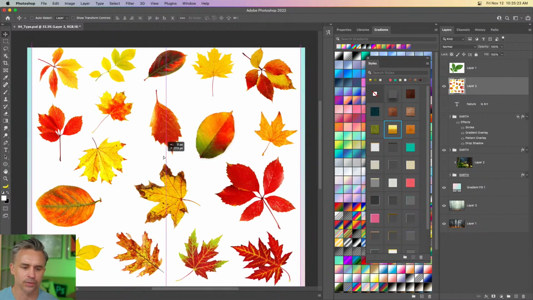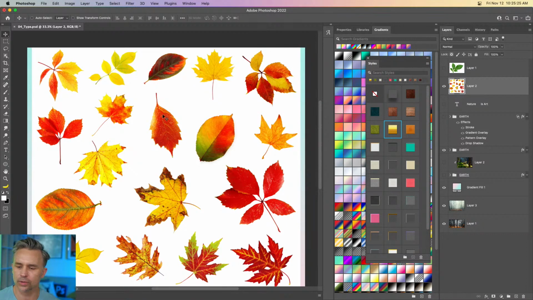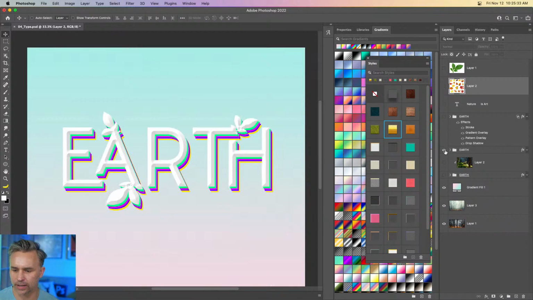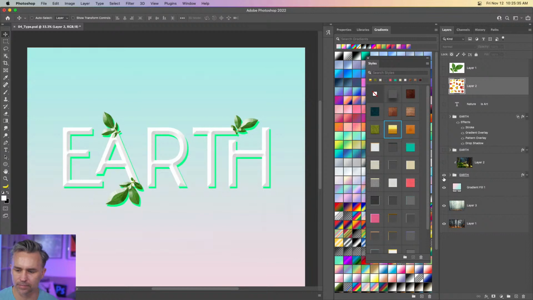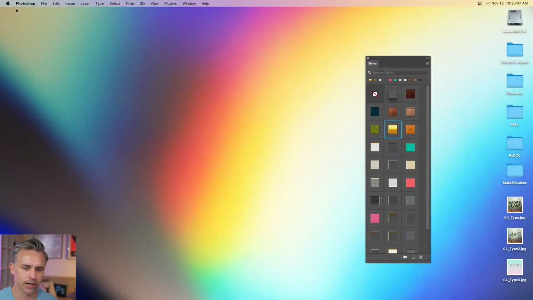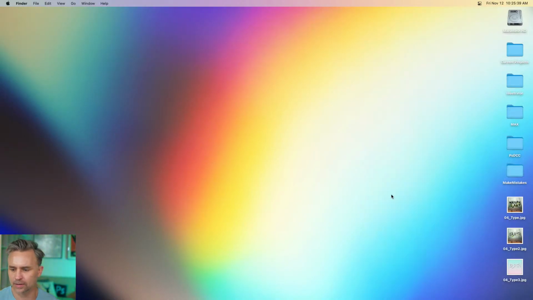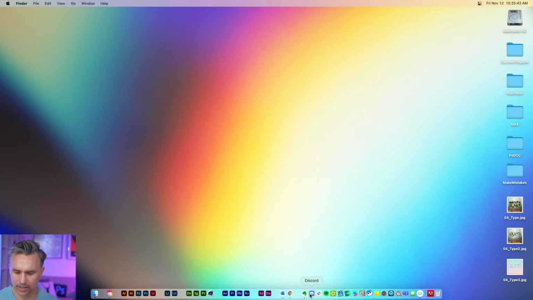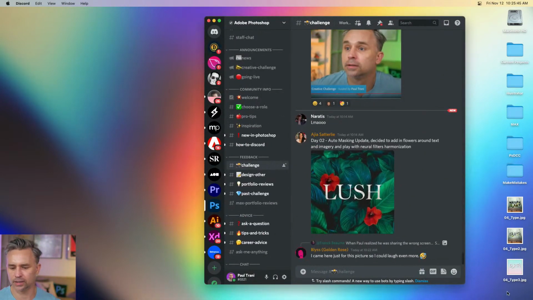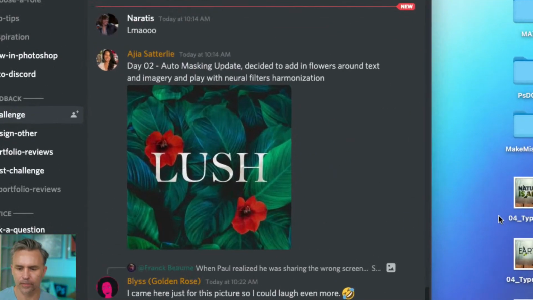And be mindful, I also gave you this layer. So you could do the same thing I did with this one. You could do with any one of these leaves. So have some fun, make some cool type, create a message maybe that means something to you. Mine currently just says Earth, but hey, Earth is art. It's all art these days. That's what I call it. You can find inspiration, of course, in nature.